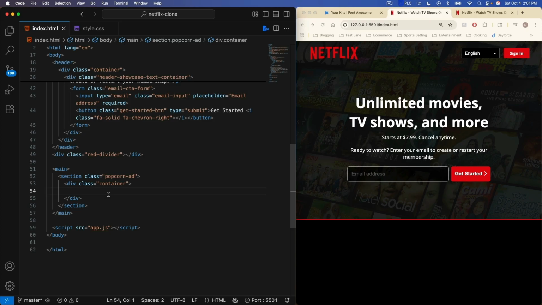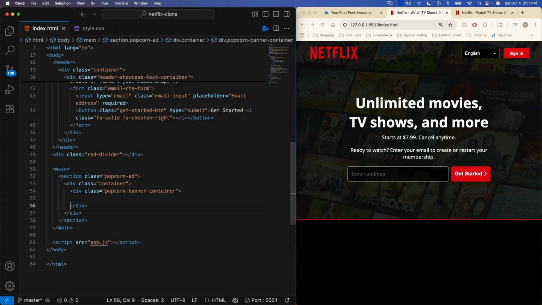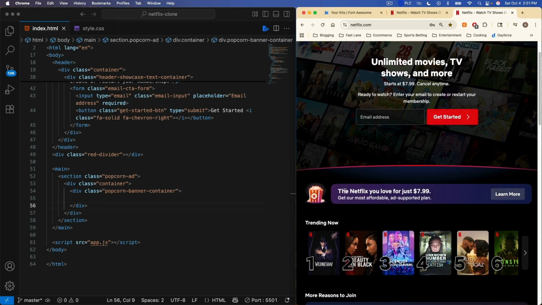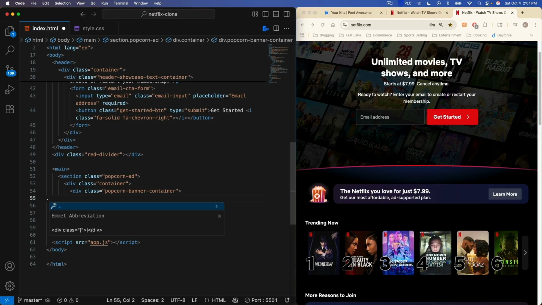All right, so then in our container class, we'll have a div with the class of popcorn banner container is what we'll call it. And within this div, it's going to have both the little popcorn image and this part so that we can put them side by side. So I'll put another div. I'll just put the image in a div so that it's block and I know how it's going to behave. So I'm going to say dot popcorn image container,